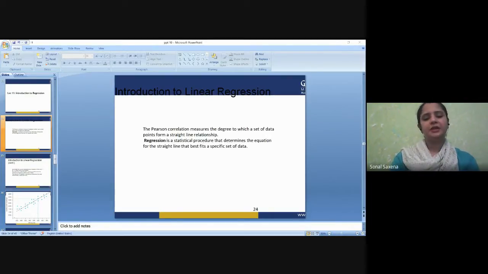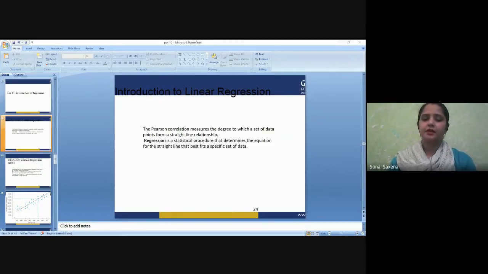Now, for the types of linear regression, we have so many types. When we talk about simple linear regression, there is one dependent variable and one independent variable. So the dependent variable is the one which depends on the independent variable, right? The other type of regression that we can have is multiple linear regression. In multiple linear regression, there is one dependent variable and two or more independent variables.